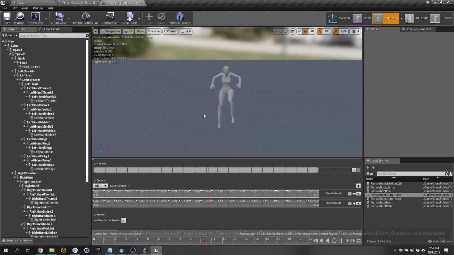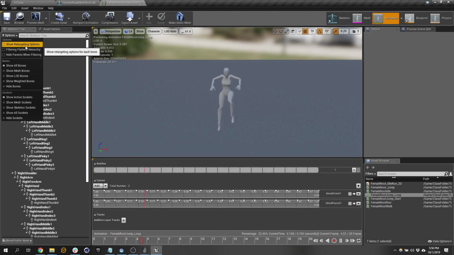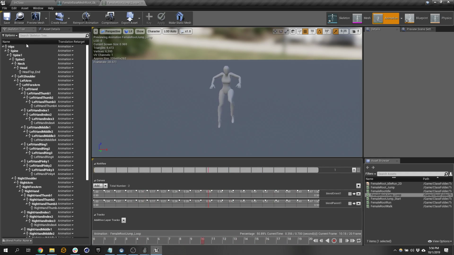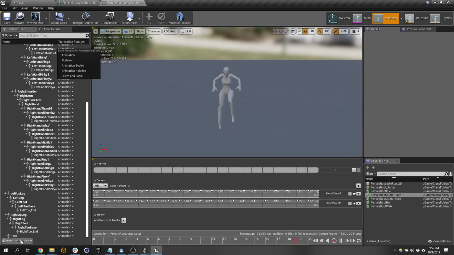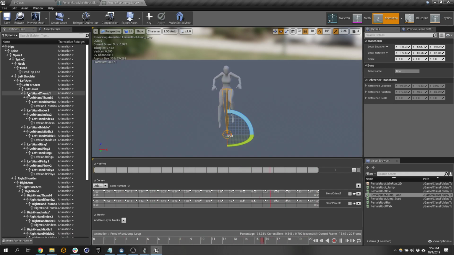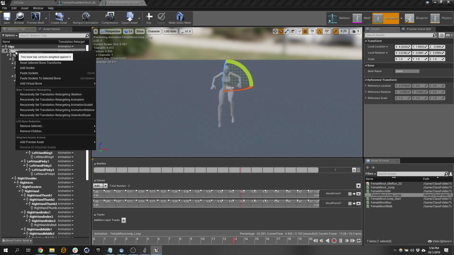It's got a little funkiness. Basically, we don't want to retarget everything because they're not the same size. We want to just retarget based off the animations themselves. I'm going to show retargeting objects. And I think that I just want to say, where's hips? Root's down there. Root can stay, hip can stay, spine, let's say,